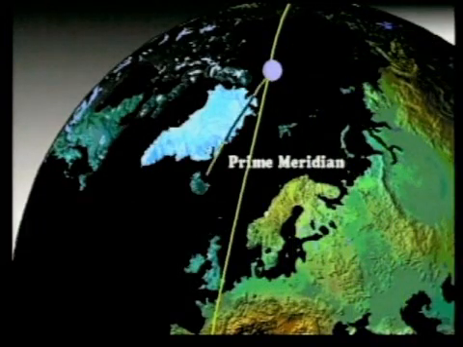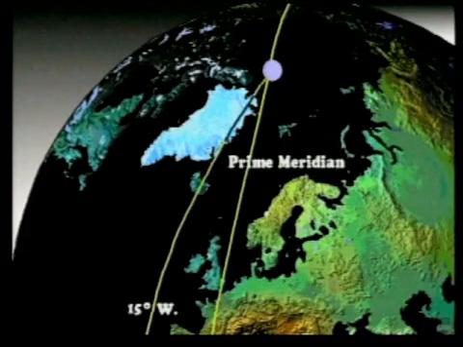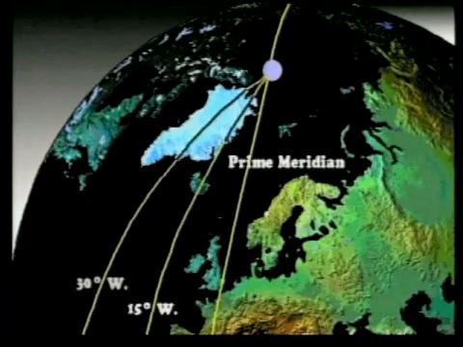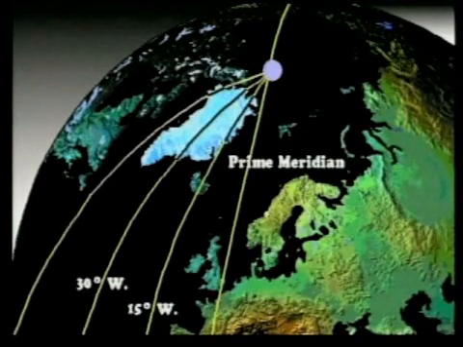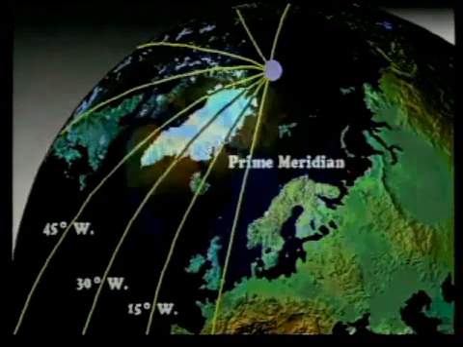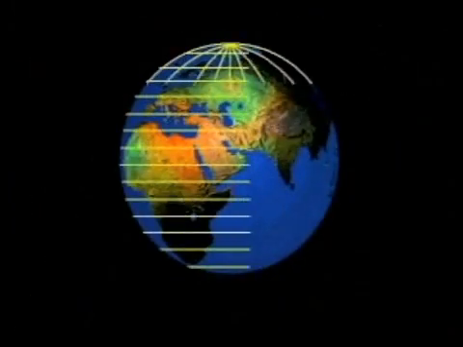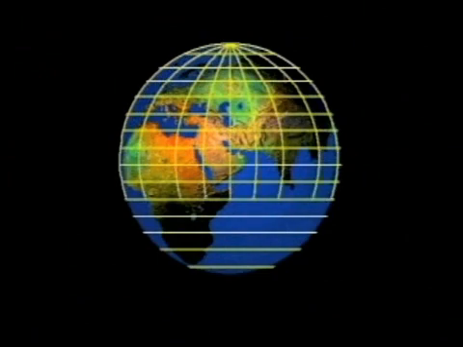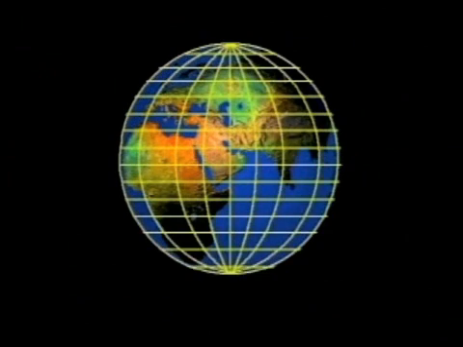When they're located to the west, we say 15 degrees west, 30 degrees west, 45 degrees west, and, well, you see how it works. Now, let's see how that grid composed of latitude and longitude lines can help you find